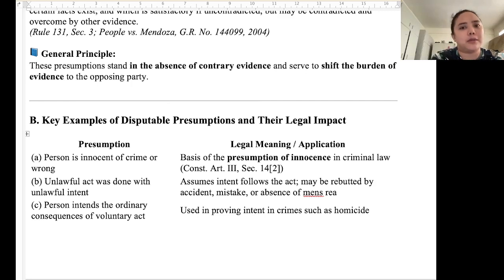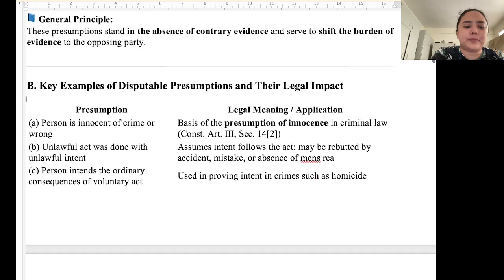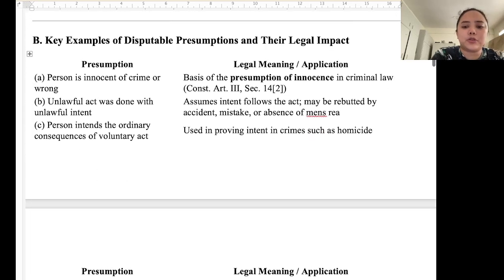Ano man na to be? Nagbulig ka lang gali sa charity, ang mo to naghatag ka kwarta. Or ang mo to nga nagbaton ka kwarta. No, the presumption there is may ara gid si intent si B nga tuntuhon si A. So again, assumes intent follows the act. This may be rebutted by accident, mistake, or absence of mens rea, or absence of intent, class. Okay? Or unlawful intent. C. Person intends, although may damo, parang ako ng class example